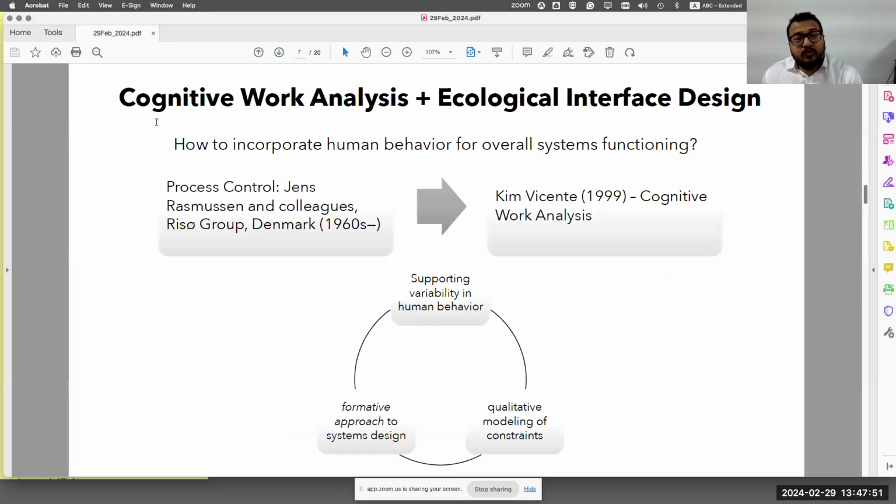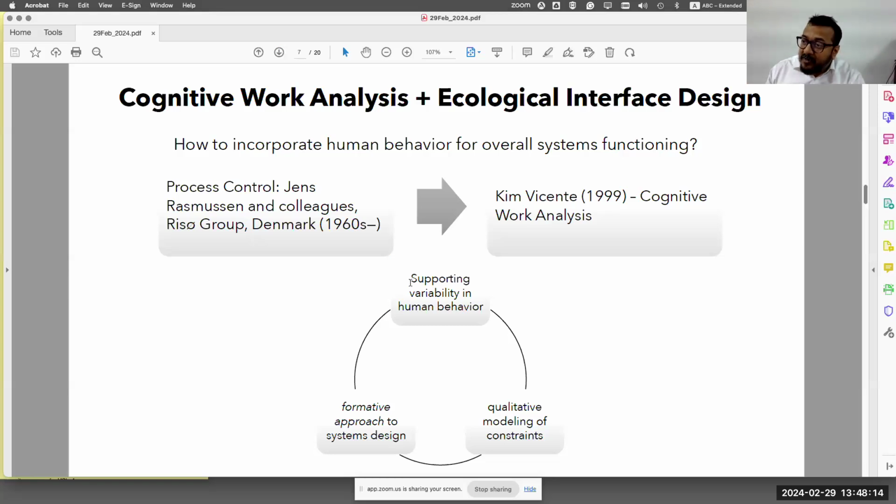Now, this work that I do comes from human factors engineering, and the area that we look at is called work analysis. How do we understand how people work? What are the different work environments in which they do their daily activities? And ecological interface design, which looks at this basic principle of designing for these constraints.